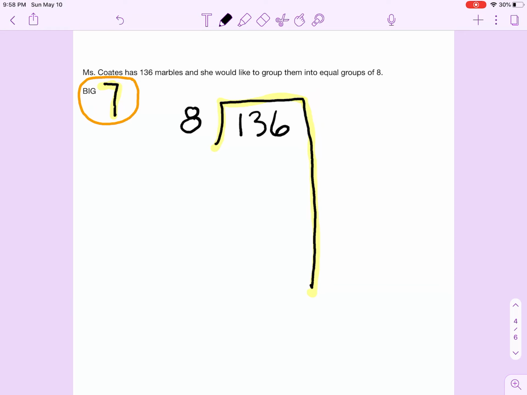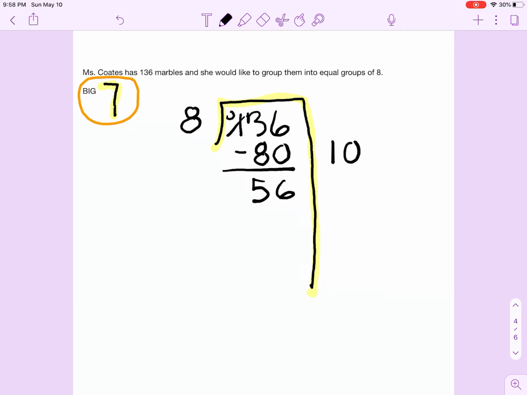Okay, so again, going back to what I already know, I have to find out how many groups of 8 are in 136. So I'm going to take out 10 groups of 8 because I know that 10 groups of 8 is 80. So I'm going to take those 10 groups of 8 out of the 136, and when I subtract, showing my work, I'm left with 56. Now, there might be a few of you already saying, well, I know how many 8s go into 56, so I could figure that out,